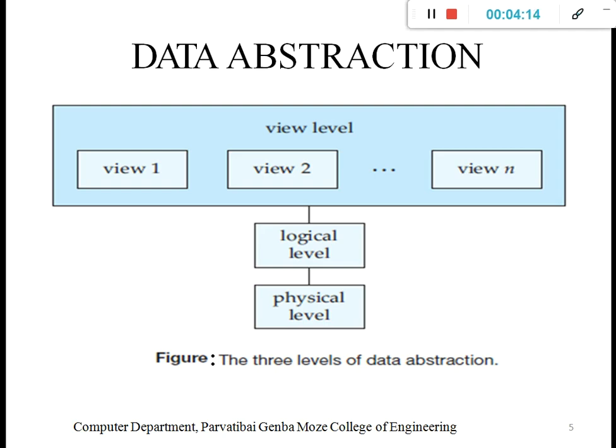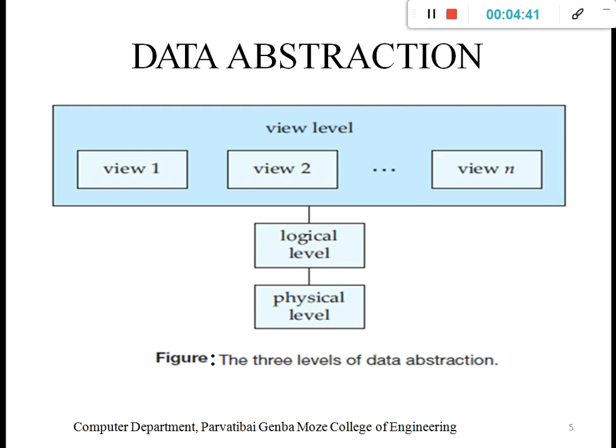That is the simple logic behind displaying the bank balance, and that is the logical level. The database applies some logic to retrieve the data for the user to show the bank balance. Viewing the data is under the view level; applying the logic and finding the data from the database is the logical level.